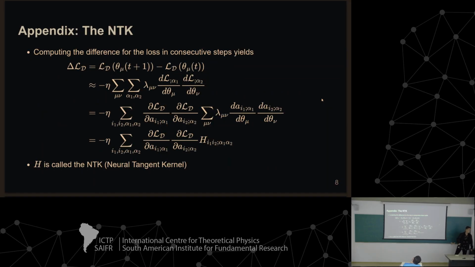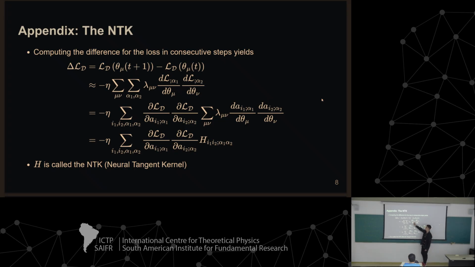So we can take this and look for an approximation of the network, like taking a tangent plane to a manifold, and we look for a linear approximation of what the network is doing. This is called the NTK,